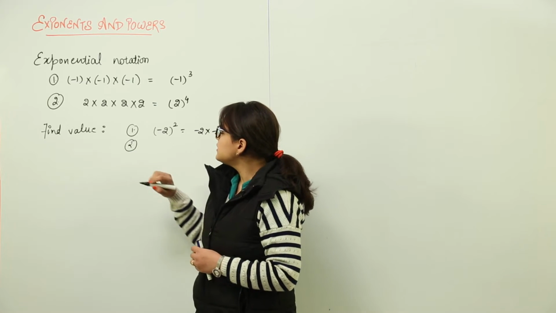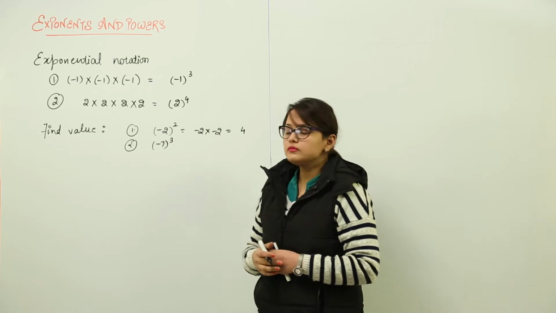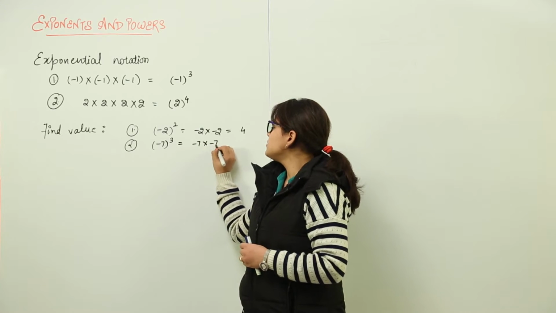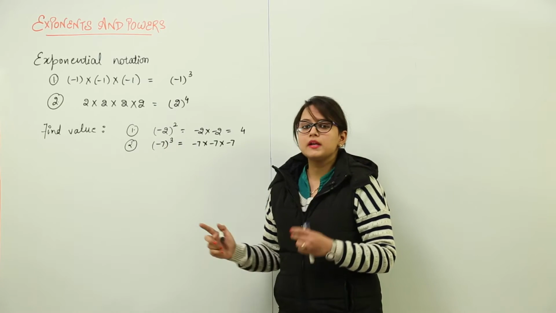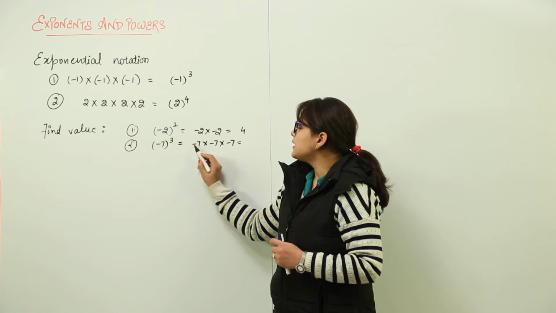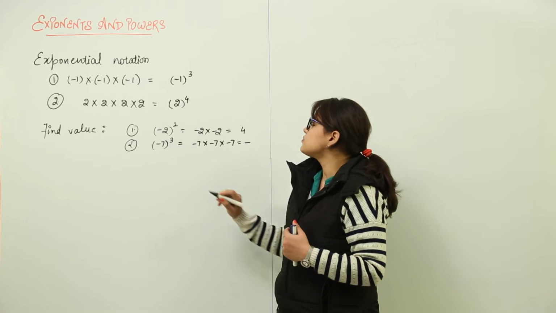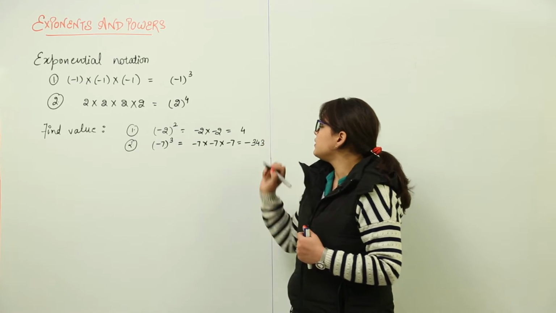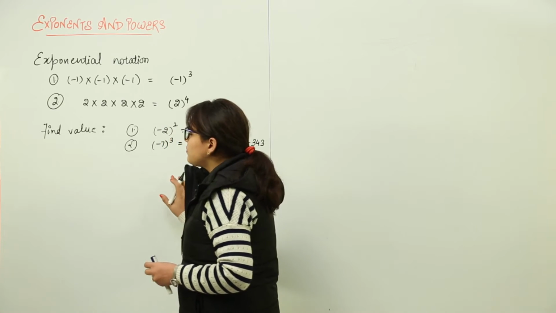Now, let us take another example, which would be minus 7 raised to power 3. Let's check what this is equal to. This is equal to minus 7 into minus 7 into minus 7. That means minus 7 is getting multiplied how many times? 3 times. If you multiply minus 7 3 times, minus and minus becomes plus, and that plus and minus will further end up becoming minus only. 7 sevens is 49 and 49 sevens is 343. Now, this is how we solve such questions. Let us discuss a few more topics.